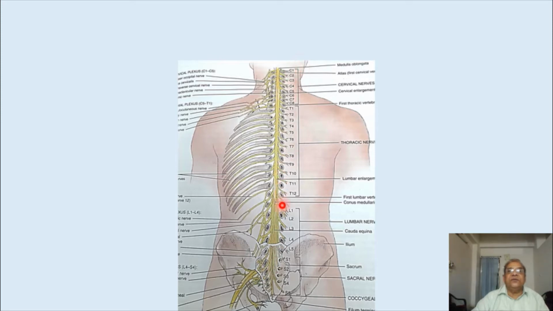Here only one side of the spinal nerves is shown. This was just a rough idea for you to see how the spinal nerves come out from the spinal cord. Now I will move to the next slide where we will see two consecutive segments, and how the spinal nerves run on the right side as well as the left side.